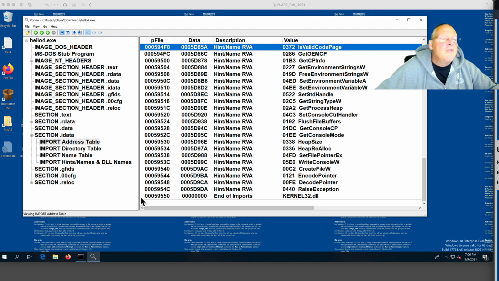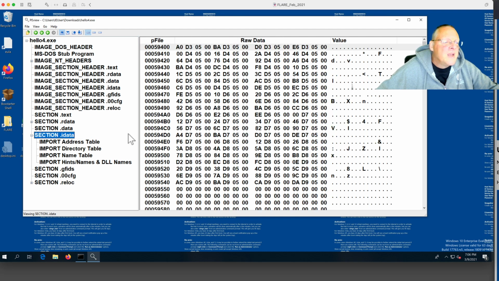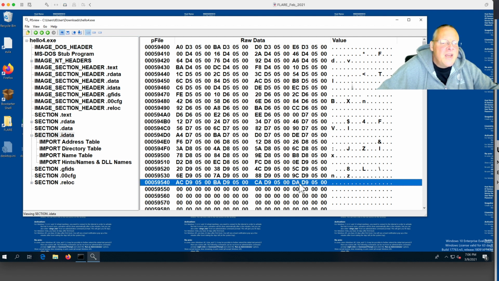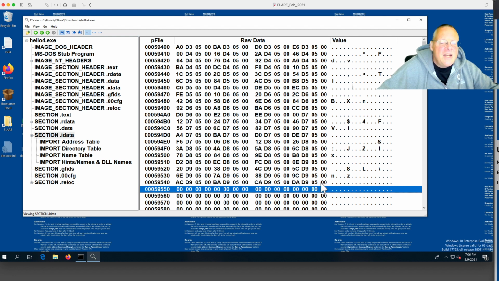So I can look for that address, 5954C, in the iData section. And see, 5954C is here. So there is the 5954C over here, and it is 4 bytes,